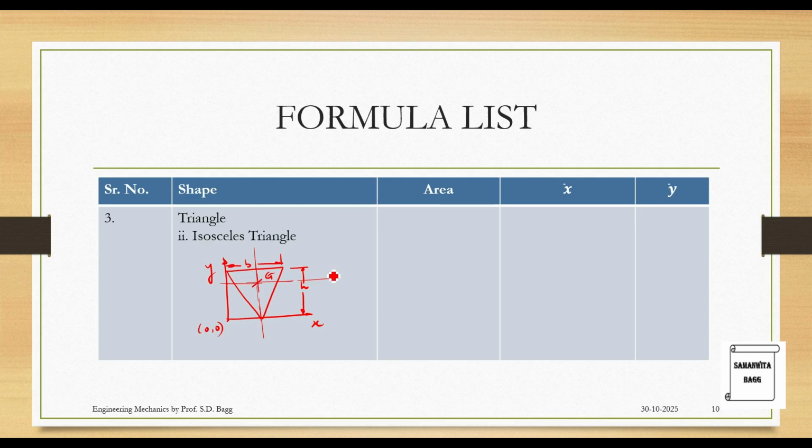And this height, as you know, this gap is h by 3. This half distance will be b by 2. So you are starting from here, reaching at G. Source and destination are fixed. This gap is b by 2. So you have x bar is b by 2 and y bar, this height is what I need. This much is h by 3. So this will be 2h by 3. So this is another way of drawing the isosceles triangle.